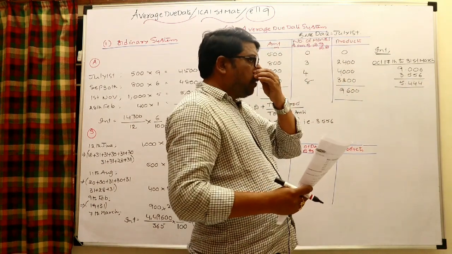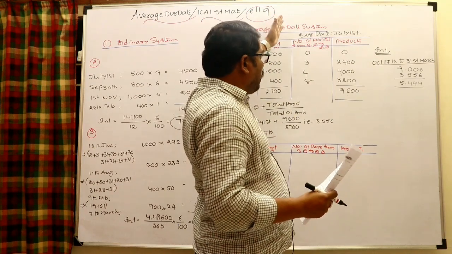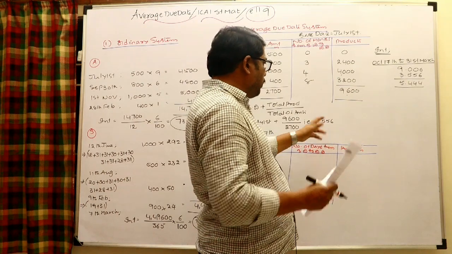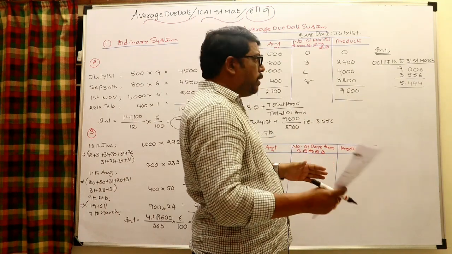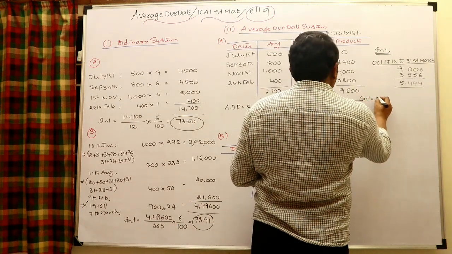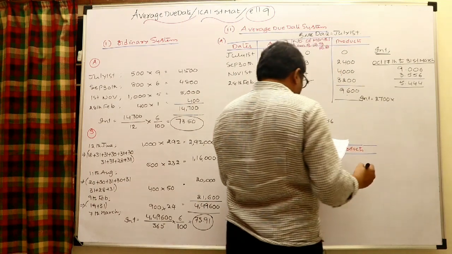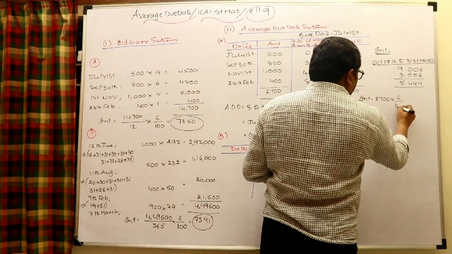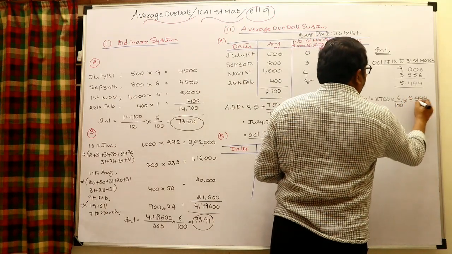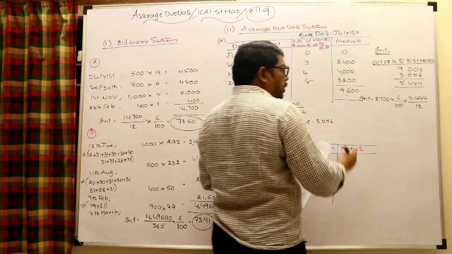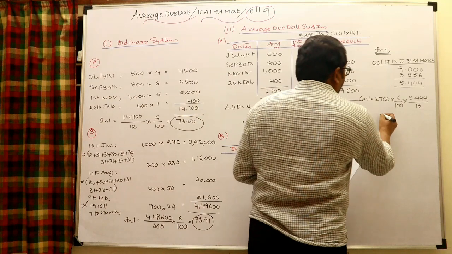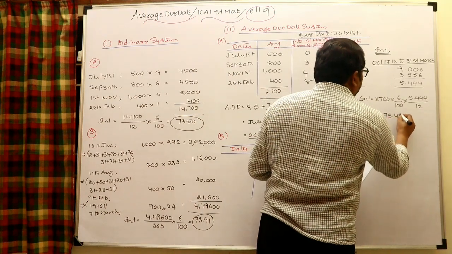So you may calculate the number of days. Otherwise you can calculate from July 1st to March 31st, 9 months. Already here 3 months are over. From this day, obviously remaining months 5.44 months, and there you can calculate the interest like this. Interest is equal to 2700 into rate by 100, 6 by 100, 6%, into 5.444 divided by 12, or you can take the number of days also, divided by 365 in such a case. So interest will be 73.49.